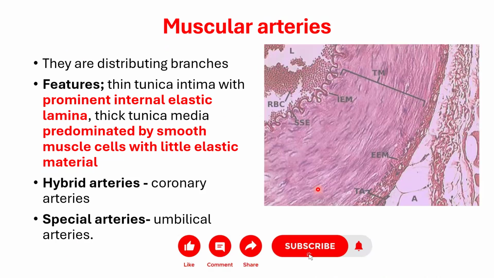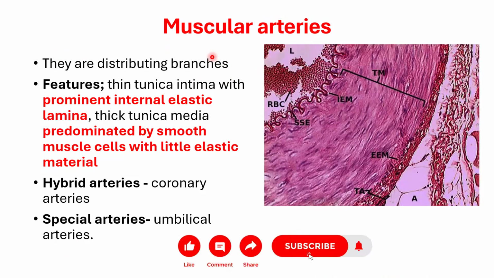Then for the muscular artery, it is important, given the fact that after you've had the large arteries, the elastic arteries, now you go to the muscular arteries. The muscular arteries are distributing branches to the muscles. The prominent thing you're supposed to appreciate is a very conspicuous and predominant internal elastic membrane. Then the tunica media will comprise more smooth muscles and